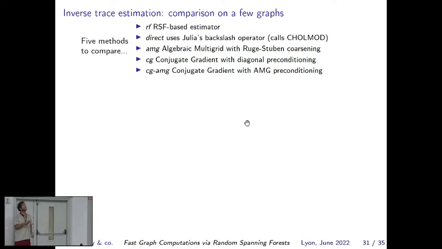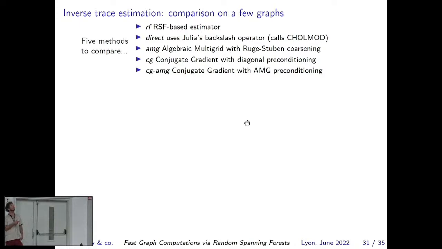If I want to compare, those figures here date back from 2019. I didn't put the new figures because we've been improving this simple estimator over the last few years, and now we actually do better in most cases than the state of the art, even in seconds. Even if you don't count the number of operations, we actually count the number of seconds it takes. So, five methods to compare.